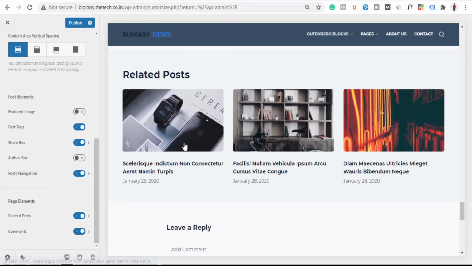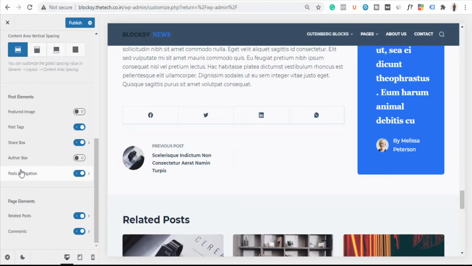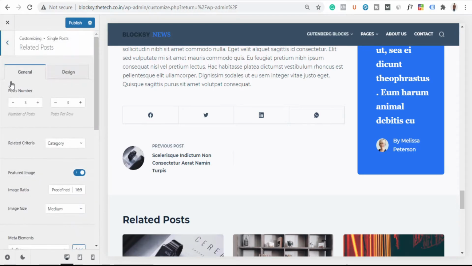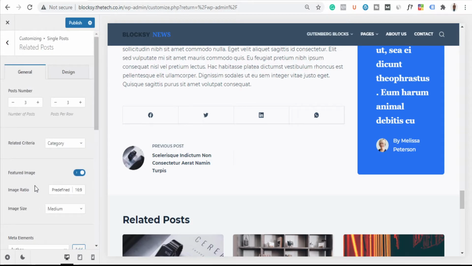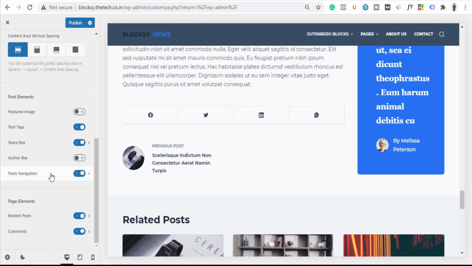So basically for every section we have a lot of editing options here. You just need to click on this arrow part, and then you can play around with all the editing here, like how many previous and next posts you want to show here. You can choose what category of post you want to show here as well. So I leave it up to you, you can play around with it as much as you can.